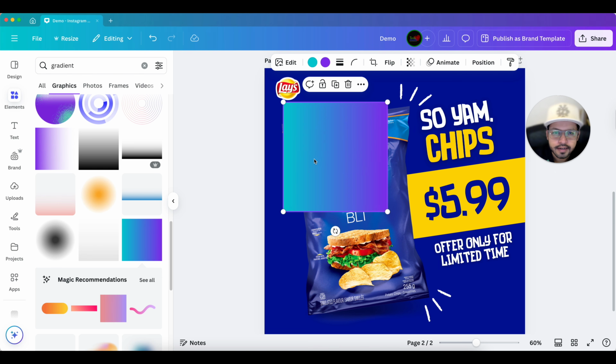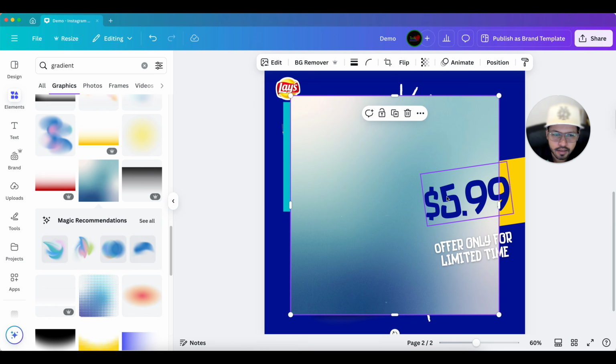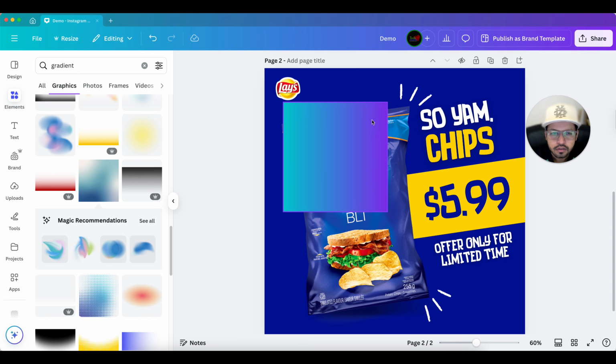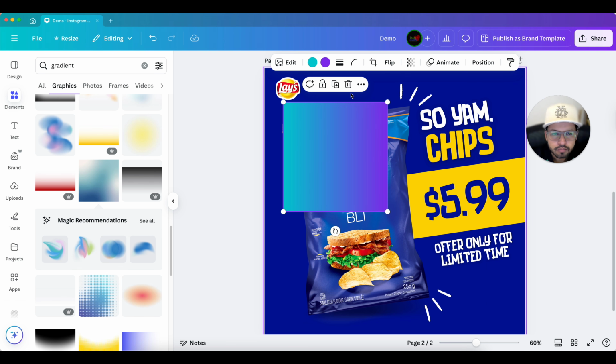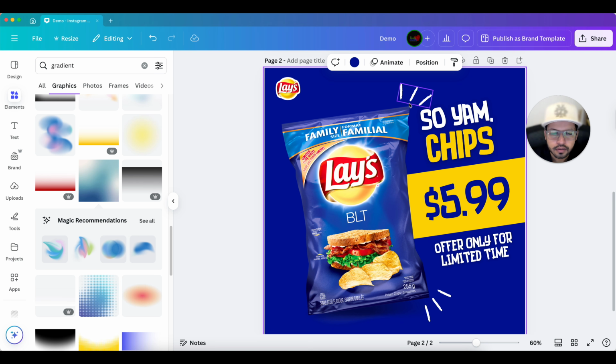In this gradient we have the option to change the color, but not all the gradients will allow you to change the color. Here you can change only 2 colors. It will not give you more options. But if you select another gradient, suppose I like this one, here you do not have the option to change the color and all. So mostly you can use that one, but what I do is select the background